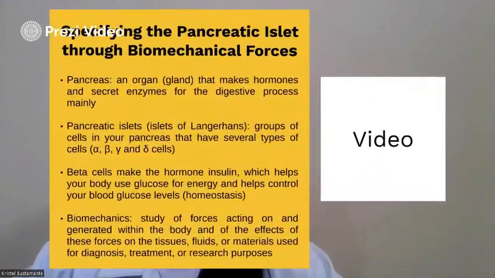First, the definitions. Pancreas: an organ gland that makes hormones and secretes enzymes, mainly for the digestive process. Pancreatic islets, or islets of Langerhans, are groups of cells in your pancreas that have several types of cells: alpha, beta, gamma, and delta cells. Beta cells make the hormone insulin, which helps your body use glucose for energy and helps control your blood glucose